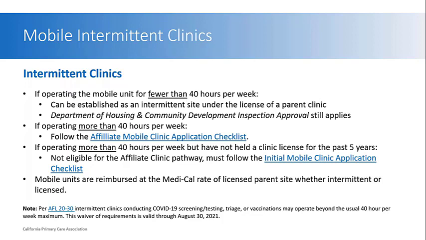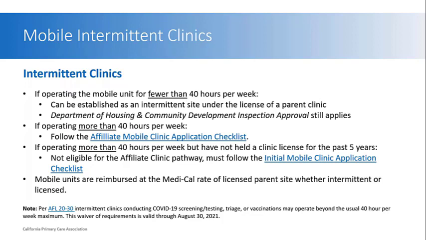Eligibility for an affiliate clinic license is based on whether the owner has held a primary care clinic license in good standing with the Department of Public Health for at least the immediately preceding 5 years. If you have not held a primary care clinic license for at least 5 years, you must submit an initial mobile clinic application. Please also note that mobile units are reimbursed at the Medi-Cal PPS rate of the licensed parent site, whether intermittent or licensed. And they must bear the Department of Housing and Community Development HCD 415 insignia, which will be covered later in